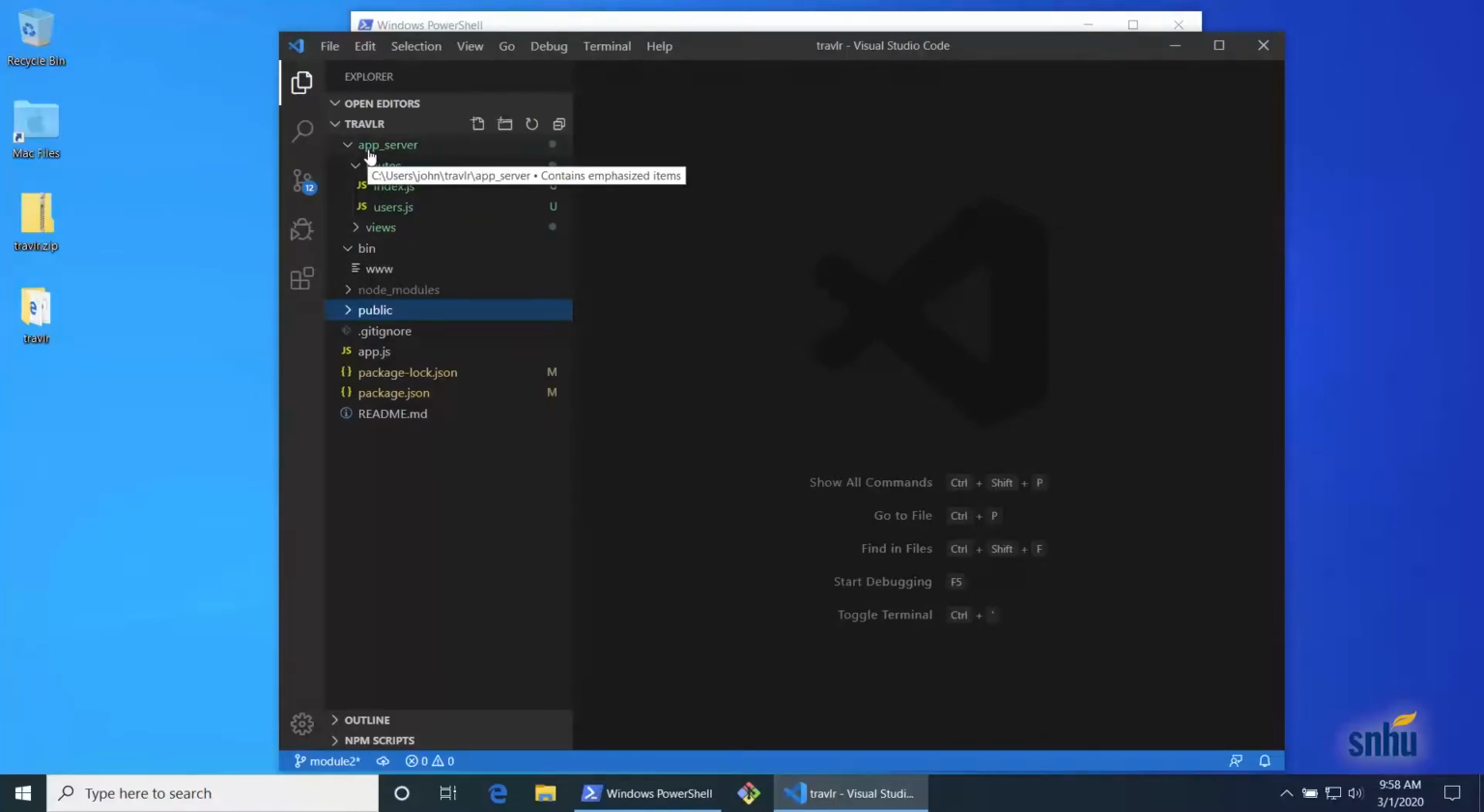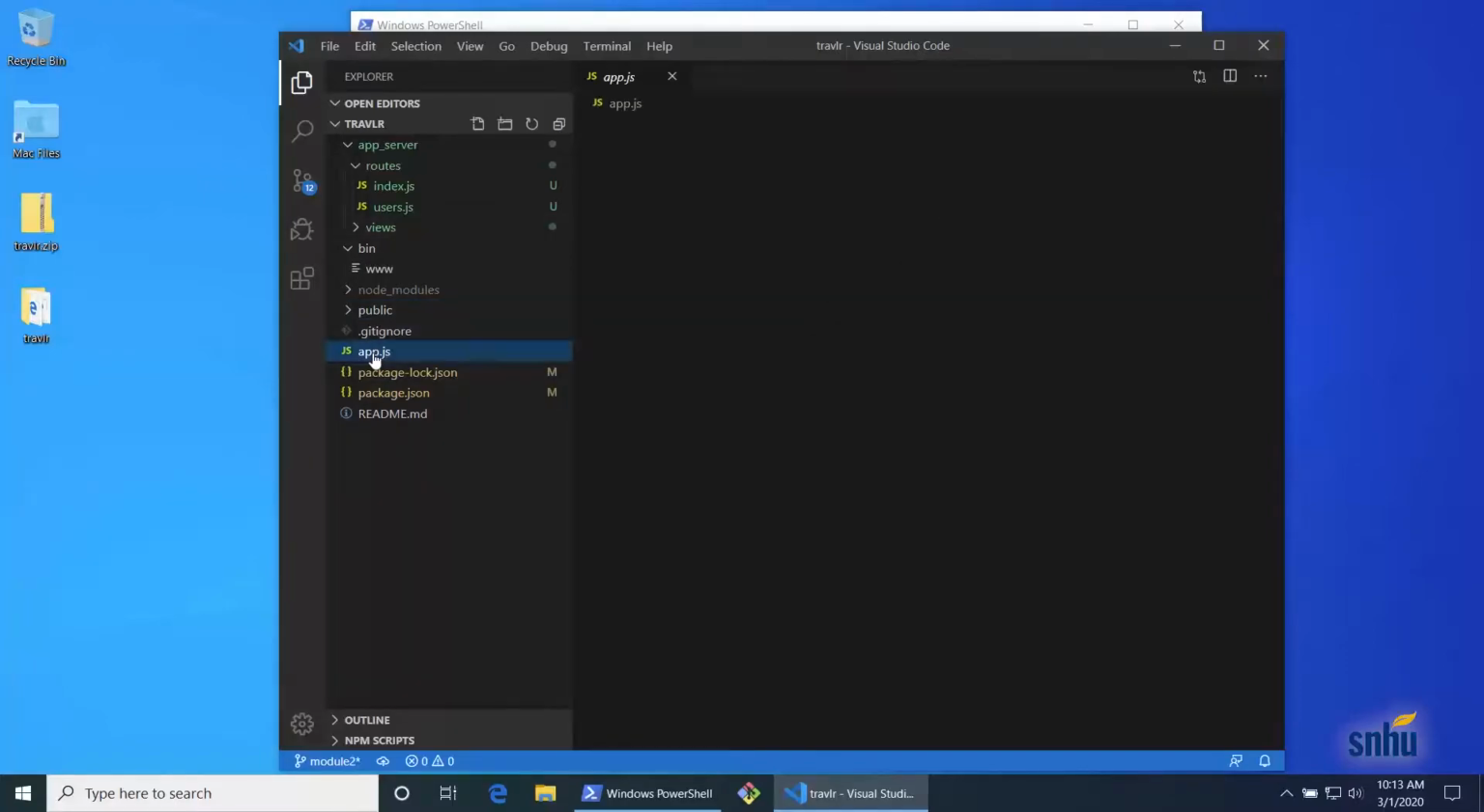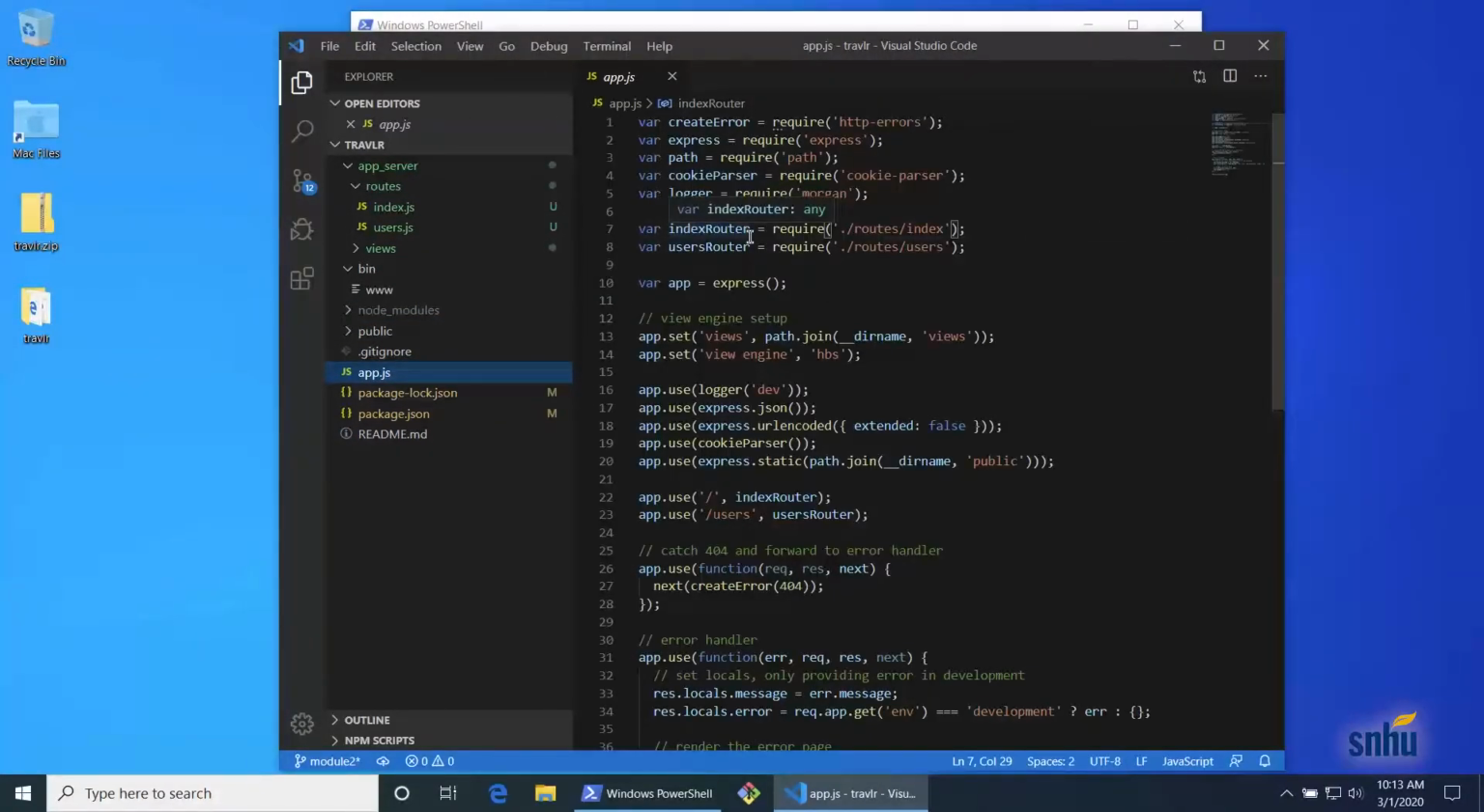So now I've got a folder called app_server. I've got my routes and views underneath, so I need to update the logic to show the new location. Here I've got index router and users router, and they're pointing to the old location. So I'm going to insert app_server in both. And down here where the view engine is configured, it's saying views comes from the current directory plus a subdirectory called views. And then we moved them under app_server. So I'm going to add an extra